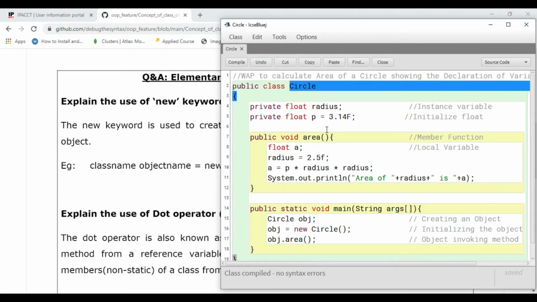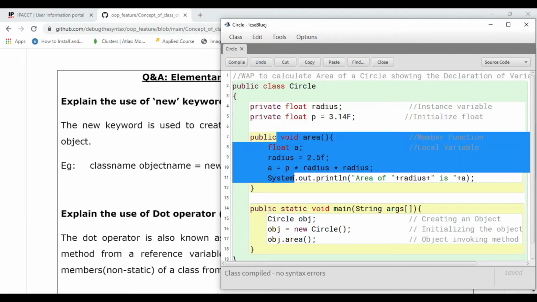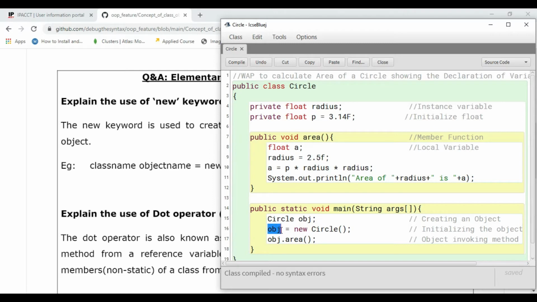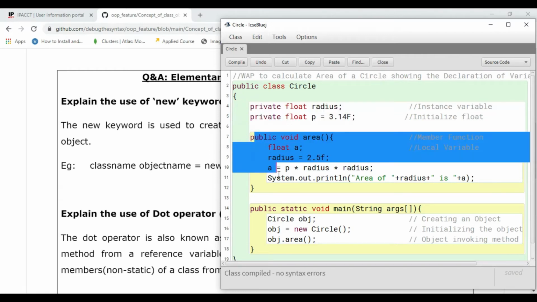So what does this class consist of? It consists of the following variables. It consists of the method. So everything is there inside the object, and the object is capable of accessing all these things that are there in the Circle. This is the most important point. We need to create an object because we have to access all the methods. Who are the members? These are the members, data members, and this is the method. So this has to be accessed with the help of an object.